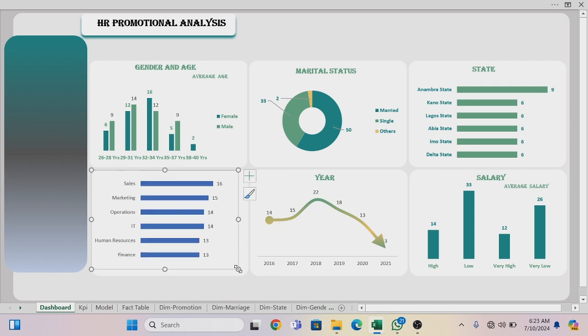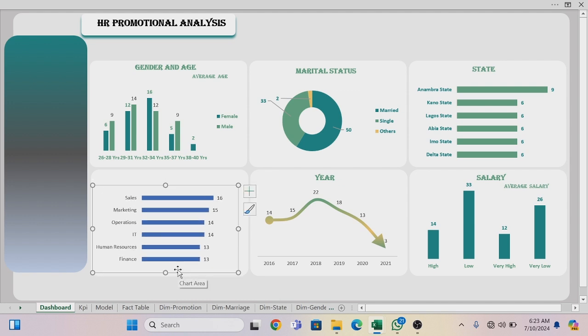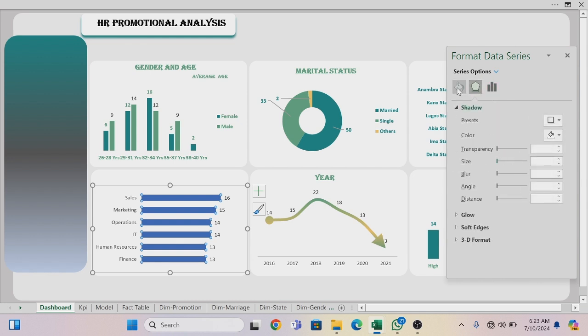Let's put it here, decrease this a bit, let's take it down, increase this a bit. So let's change the bar. Let's increase the bar, sorry. And the gap width will change to... okay. So